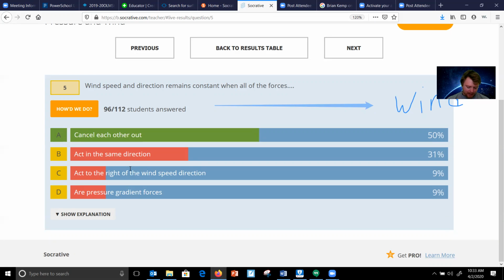Now, let's just say this is the northern hemisphere. All right, northern hemisphere, well, my Coriolis force is acting towards the right of my wind. Well, that must also mean that there has to be another force canceling out the Coriolis force acting to the left of my wind. And normally when we're talking about these forces canceling out, we're talking about pressure gradient force and the Coriolis force. Okay, so